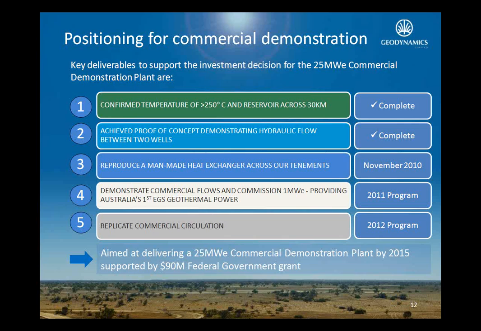But on our tenements, we do have to demonstrate that we're able to achieve commercial flows, and that we can produce power from this. What we've been told time and time again is that it isn't good enough from a market sense. People want to see spinning turbines and light bulbs coming on and cooling the beer at Innamincka with our hot rock technology. So people want to see that power plant operating. That's what we're aiming to achieve by the end of this year, early next year.